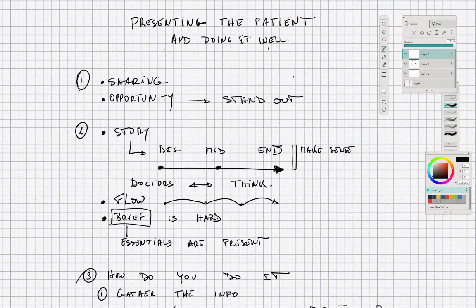I mean, the obvious is that you share information with your colleagues about the status of a patient and his care and plans. But I think more importantly, it's an opportunity for you to stand out. I think most of you will do residency and you need letters of reference or recommendation. And as an attending, we tend to remember students who've done a good job,